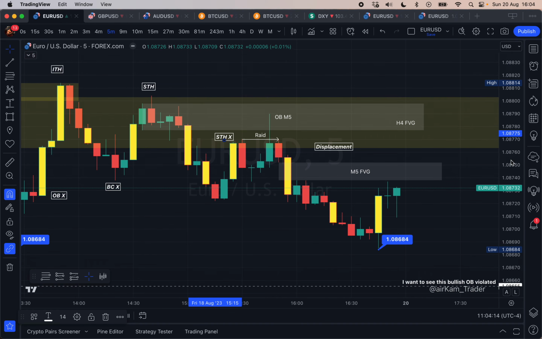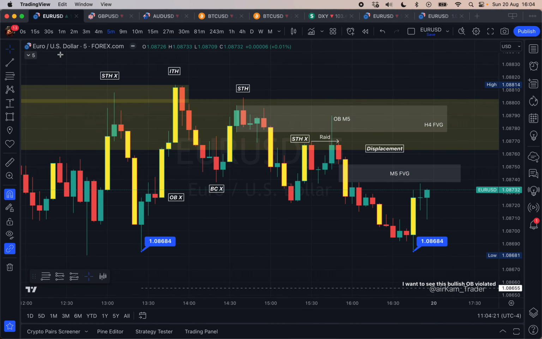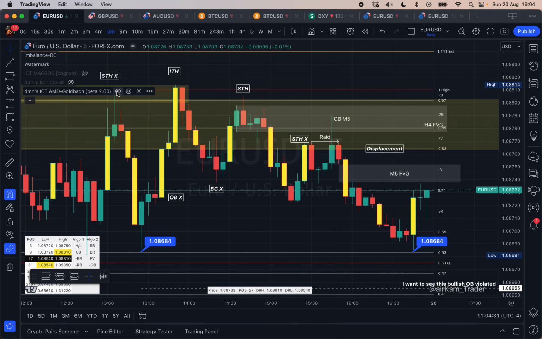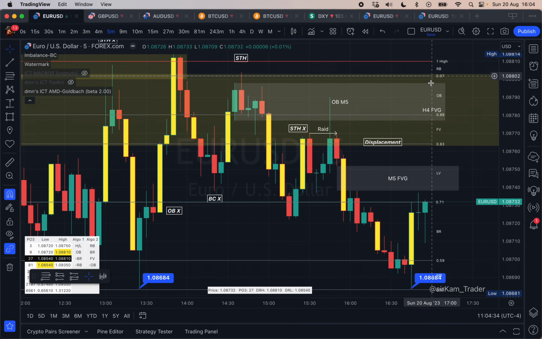Now this is the bit which Hopelika will like. Check this out. If you then put on the Goldbach levels, remember what I said, order block, there's a fair value gap here. Prepare to be blown away. Now you might not understand what this means. These are the Goldbach levels. It says an order block should form here. There's your order block. It says a fair value gap should form in here. There's your fair value gap. Then there's a liquidity void where we just went down.